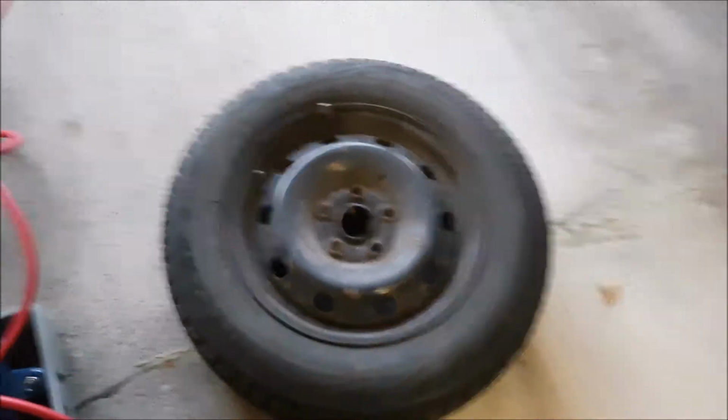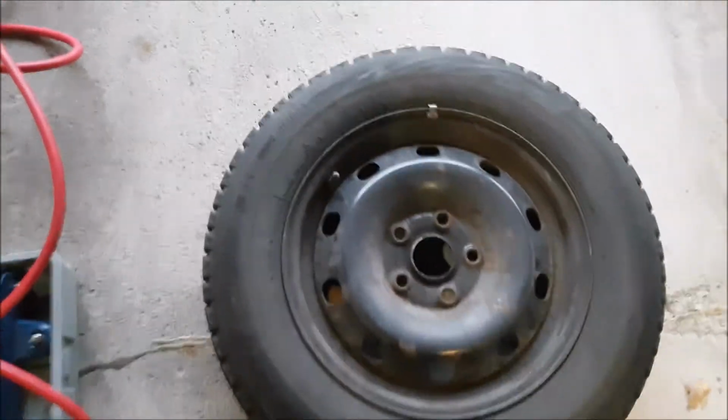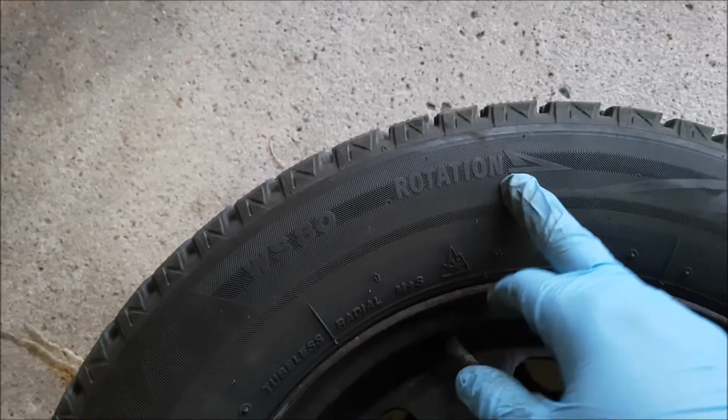The next step is to grab your winter tire and mount it, so it'll be the opposite of the removal. However, a lot of winter tires tend to be directional, so if you search along the sidewall, it'll actually say rotation. So you want to make sure that when you put your tire up, that your vehicle rotates in that direction. So just like that, I'm going to mount the tire, put it up against the hub,